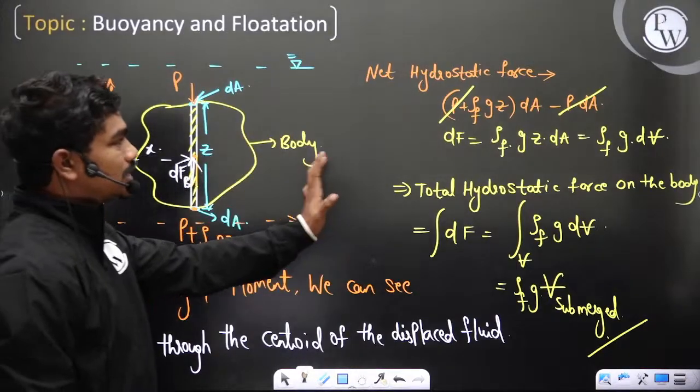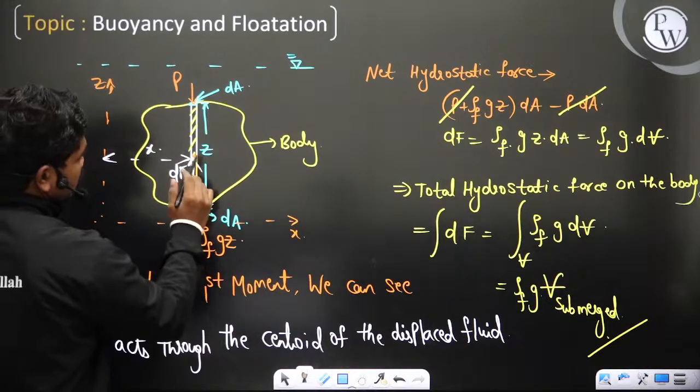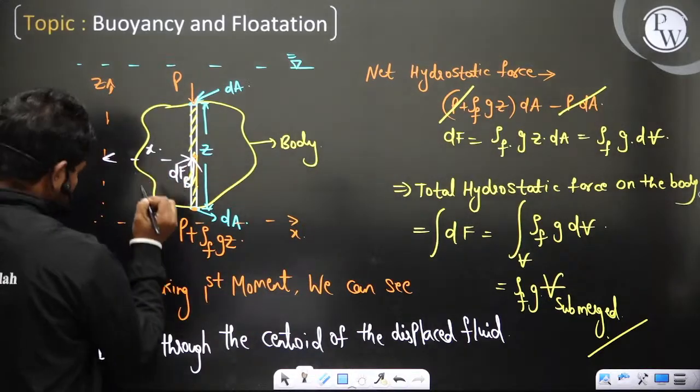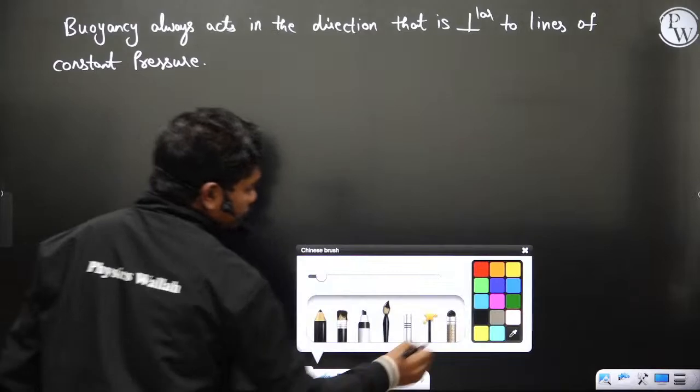If you do this same analysis in vectors, you can see this Fb will be in this direction, for example in this case. See here, in case of static fluid,